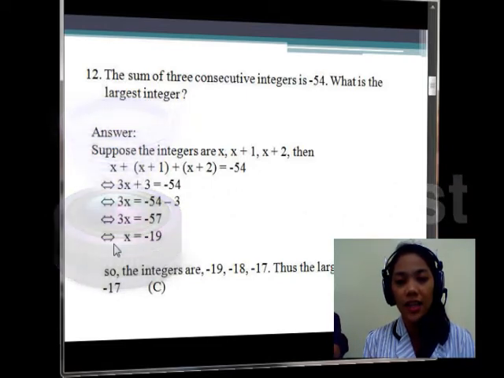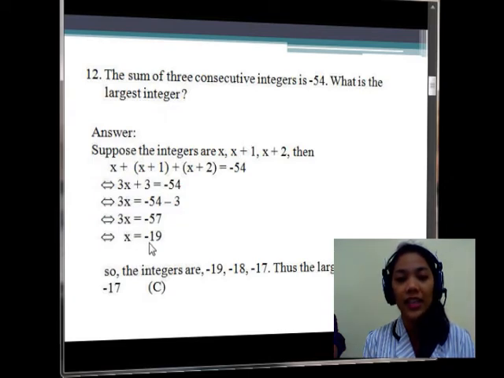By using the division property of equality, there you have x equals negative 19. So the integers are negative 19, negative 18, negative 17. Thus, the largest integer is negative 17. Next,